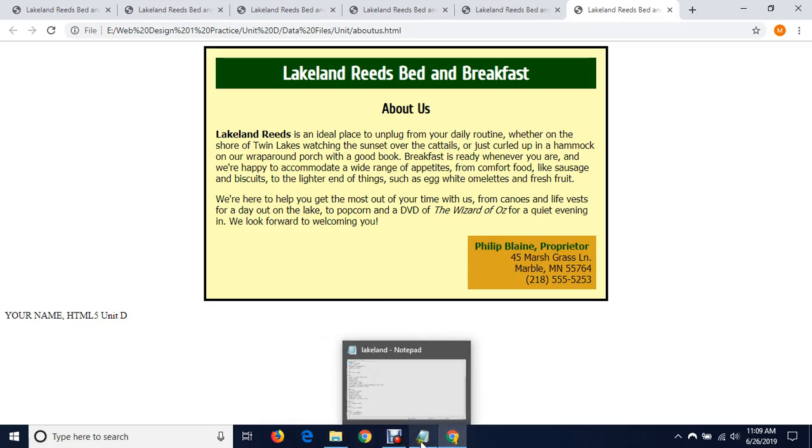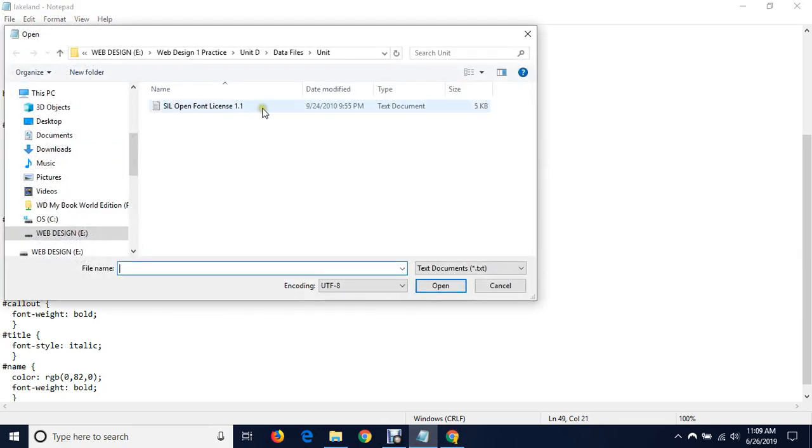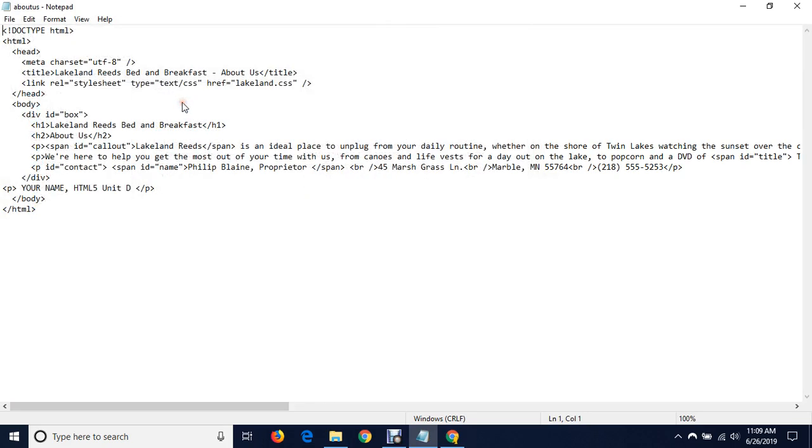We are going to get out of this style sheet for a minute and open up About Us. So File, Open. Make this say All Files and open up About Us in your notepad. We're going to be using a special character, which is the and sign, called an ampersand. So in the title where this says Lakeland Reed's Bed and Breakfast, we want to delete the word and